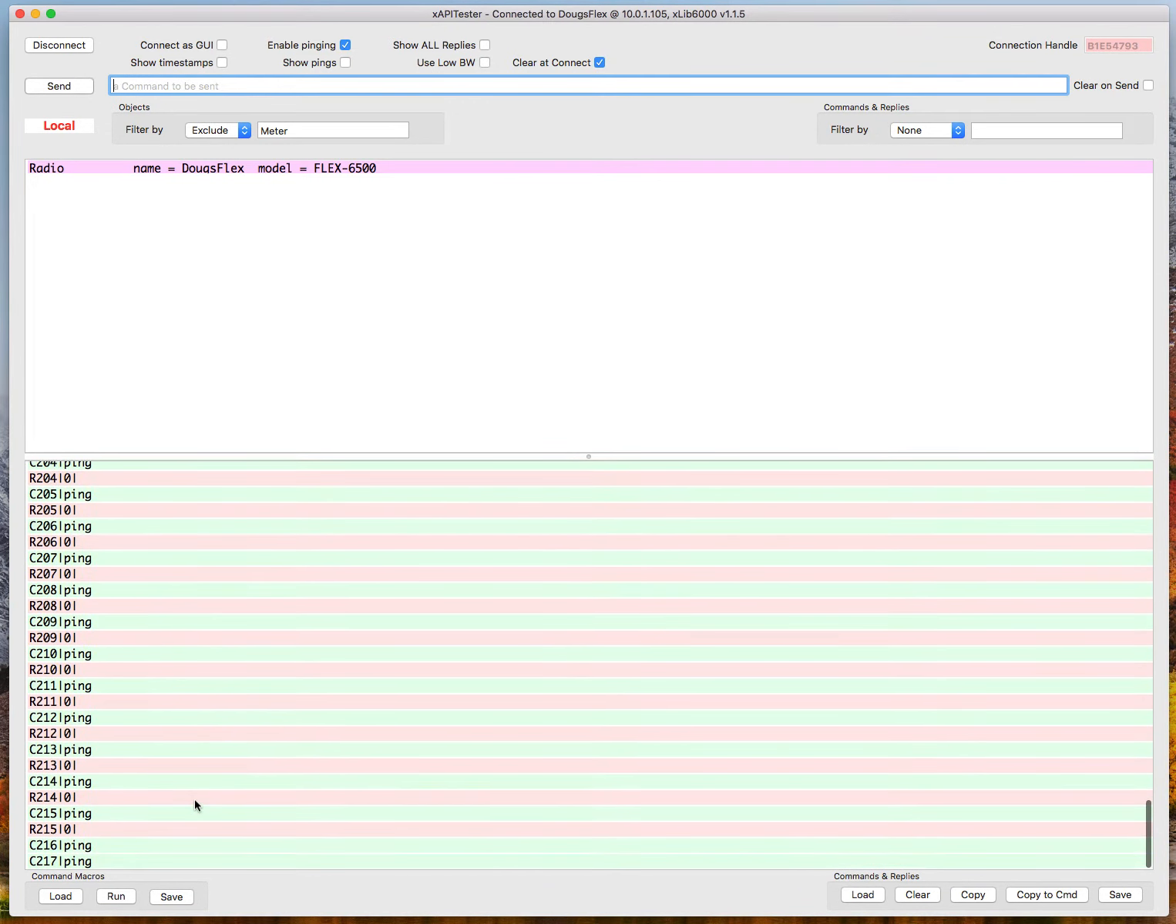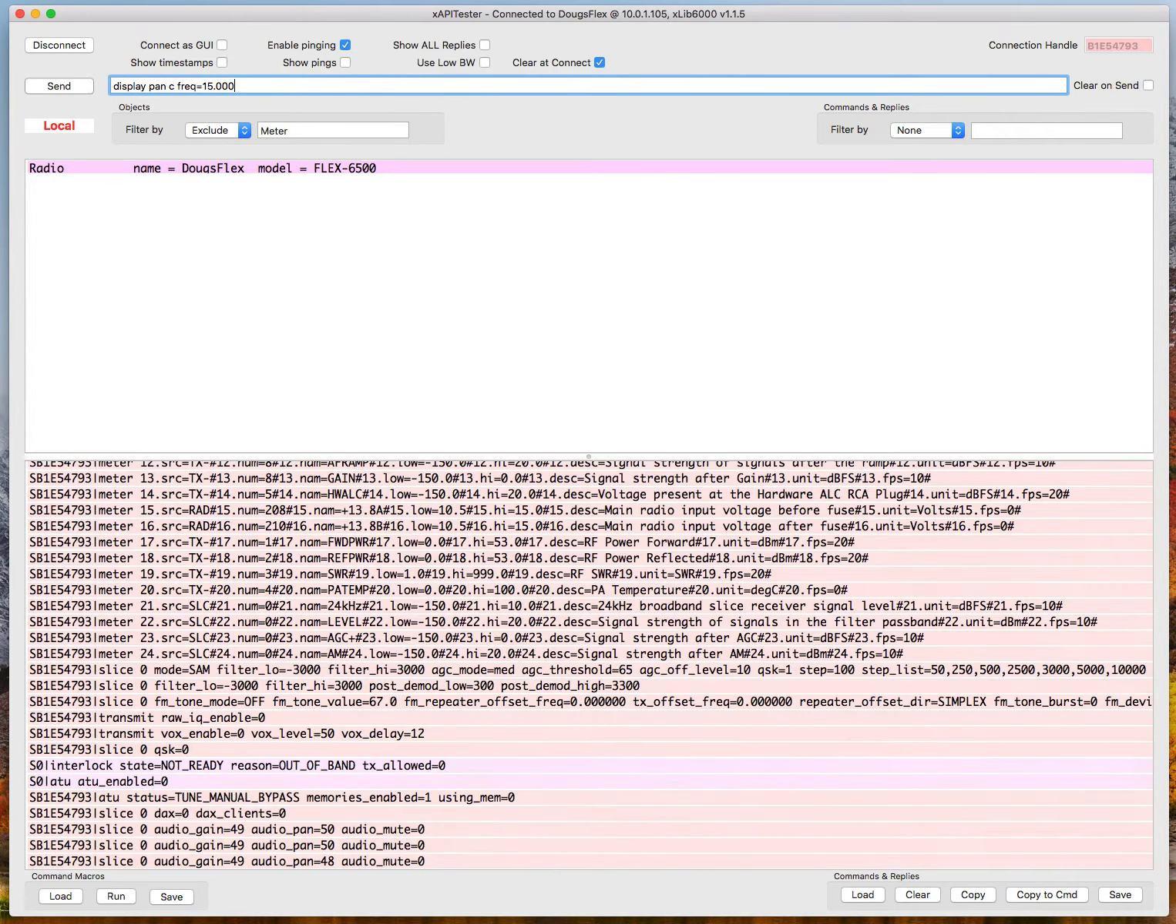Now if you want to cause the radio to do something, you can go up here to the command entry and you can type in something. For example, if I say display pan create frequency equal 15.000, in other words WWV, and hit enter,